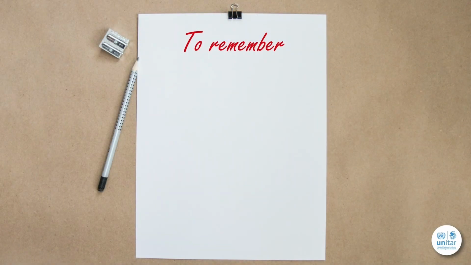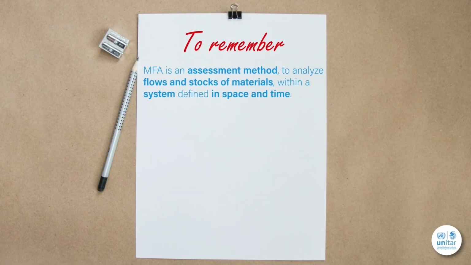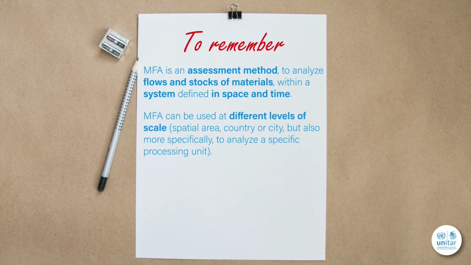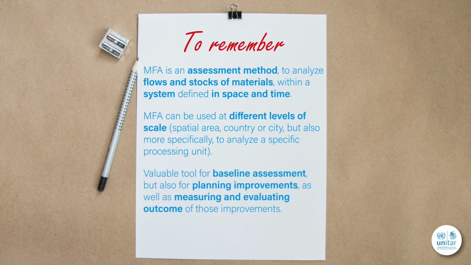Let's summarize what we have seen in this session. We now understand the method of material flow analysis as an assessment method to analyze flows and stocks of materials within a system defined in space and time. MFA can be used at different levels of scale, either to assess the flows over a spatial area, a country or city, but also more specifically, to analyze a specific processing unit. This method is a valuable tool for baseline assessment, but also for planning improvements, as well as measuring and evaluating the outcome of those